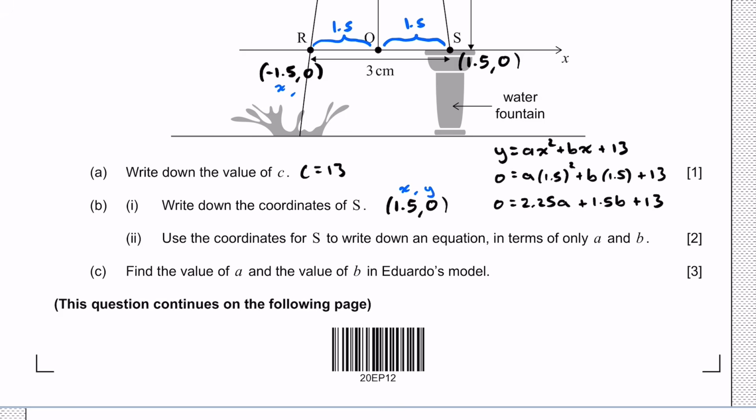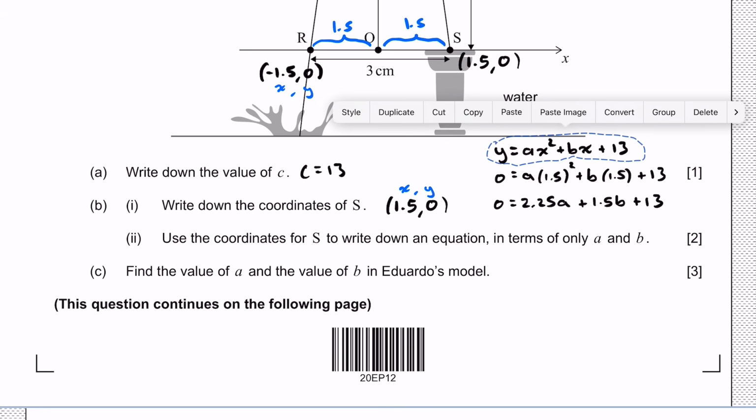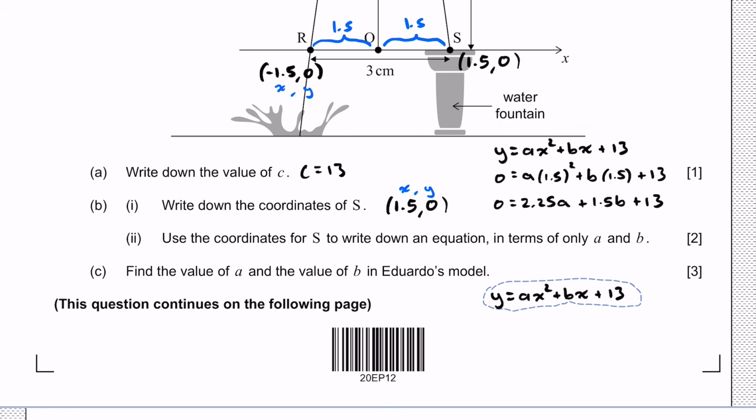X and y. There we go. Here's our quadratic. Let's put those other values for x and y. Y is equal to 0, when x is equal to negative 1.5